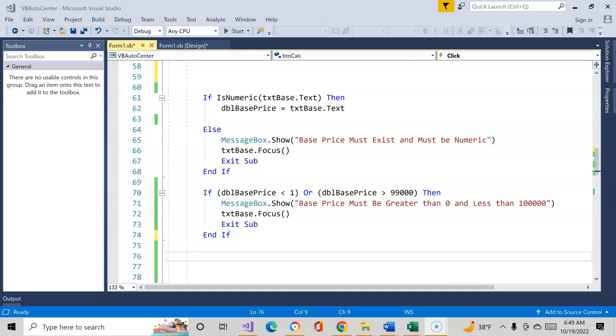All right, welcome to part two of applying validation. In our previous video, once again, what we did was we looked at the three different types of validation, from existence to data type to range. And I showed you some code that you could possibly use, again, cut and paste into your own